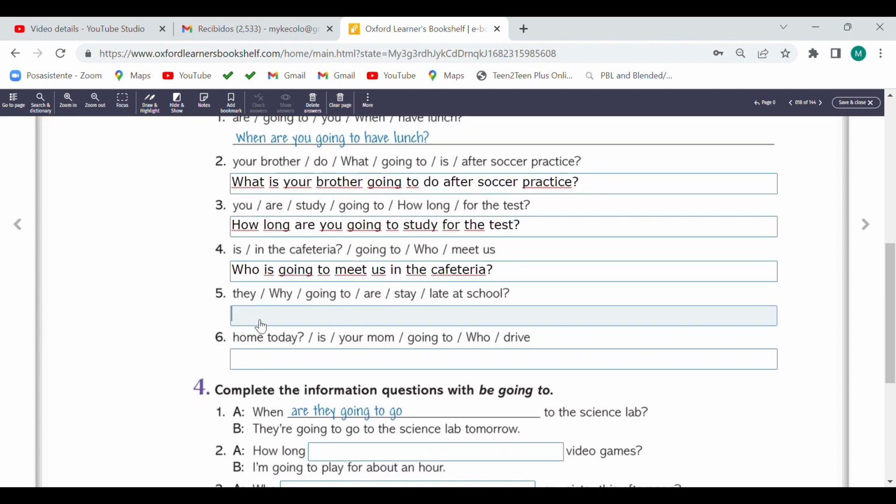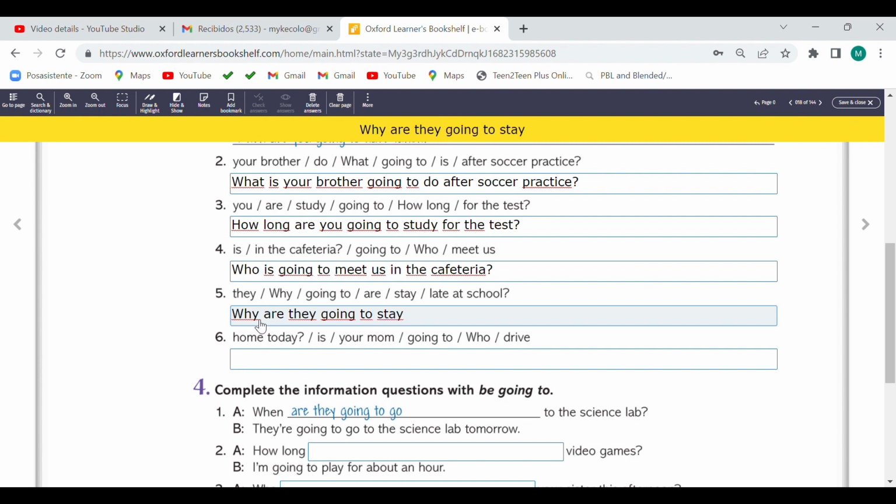Number 5. Why are they going to stay late at school? Question mark.